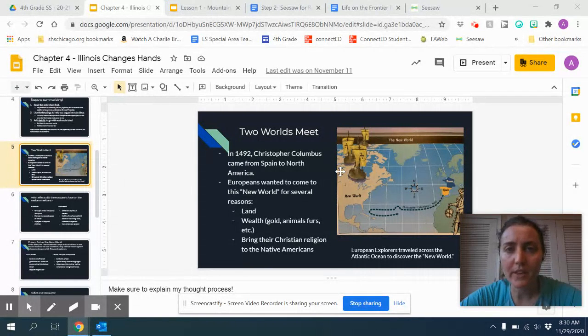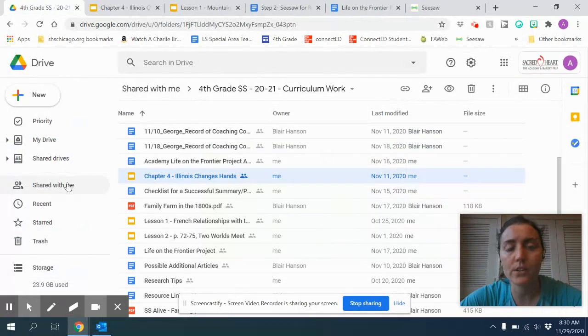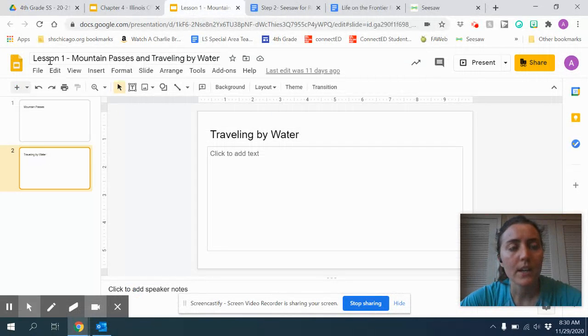The first important thing, rub your ears, this is really important. I know you're listening, okay, you can stop rubbing them, is that you'll get your slide from shared with me. So if you're in your Google Drive, you'll go over here to shared with me and make sure you click on that to find the slide that's been shared with you. So for instance, if your assigned section was lesson 1, mountain passes and traveling by water, that's what you would